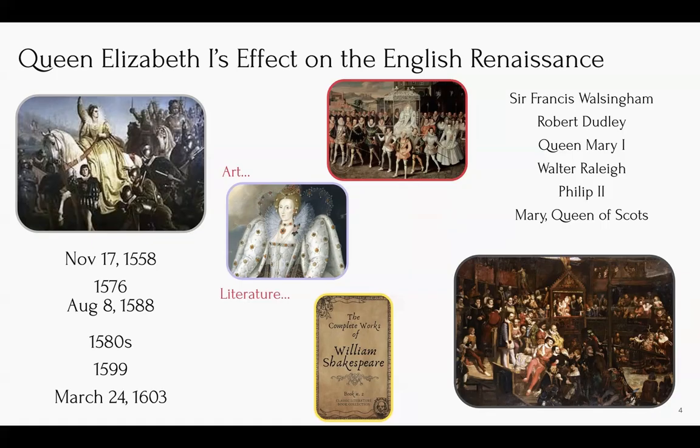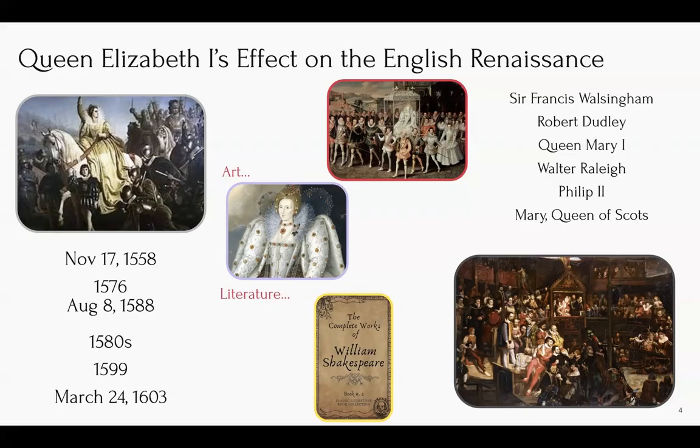Some important people in her life were Sir Francis Walsingham, a spy for the Queen who assisted her in many of her issues. Robert Dudley, who was the Queen's lover. This spurred romanticism as many people wondered about her relationship with him. Queen Mary I, also known as Bloody Mary, was her sister and rival, and it spurred the Renaissance because of